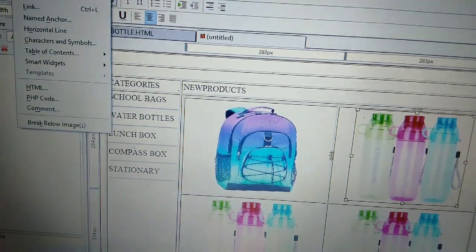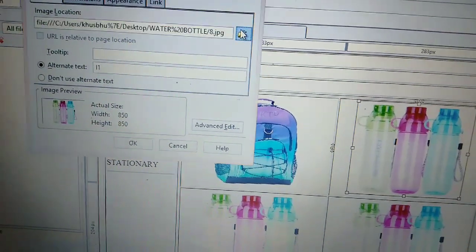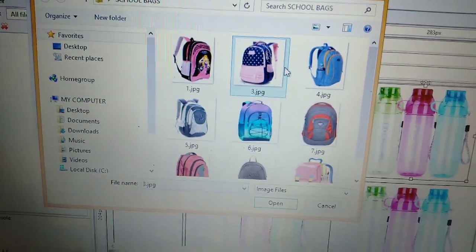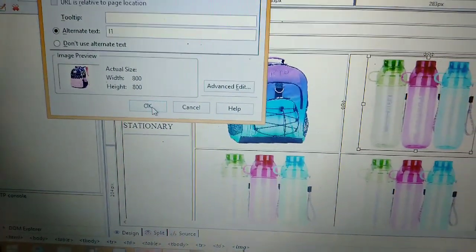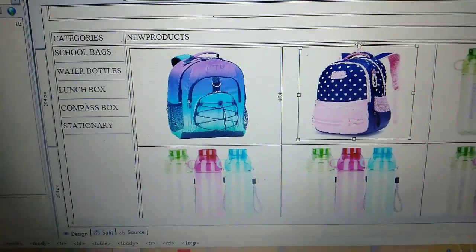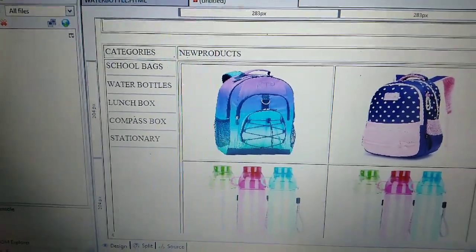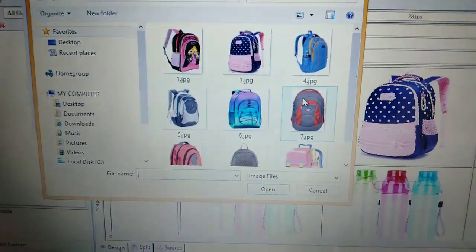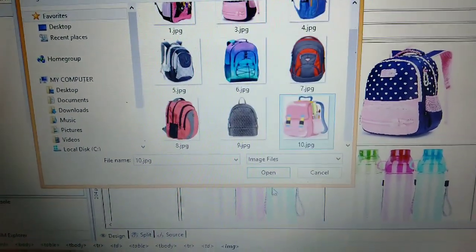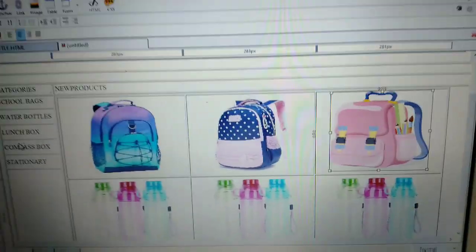Second image, similar. You have to select insert image location. I want to put this bag as second image. Okay. Can you see? Third image, insert image. I want to put this image as my third image. Okay.